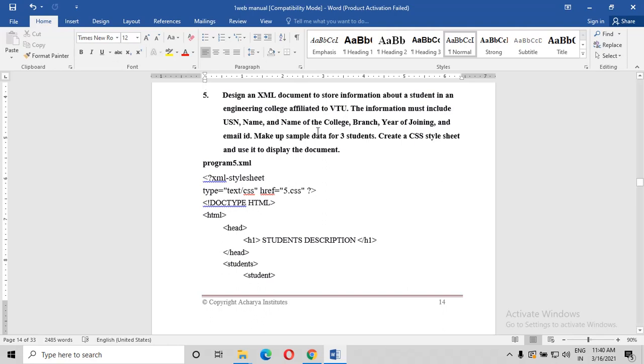Let's look into the XML style sheet. You have to start your XML program with the angular bracket and the question mark. There is no space. Please do remember the space also matters, and the hyphen, use it in the same way as given. Otherwise, you won't get an output. The XML style sheet type attribute specifies the language we are using. So the type is equal to text/css. Then href, hyper reference.